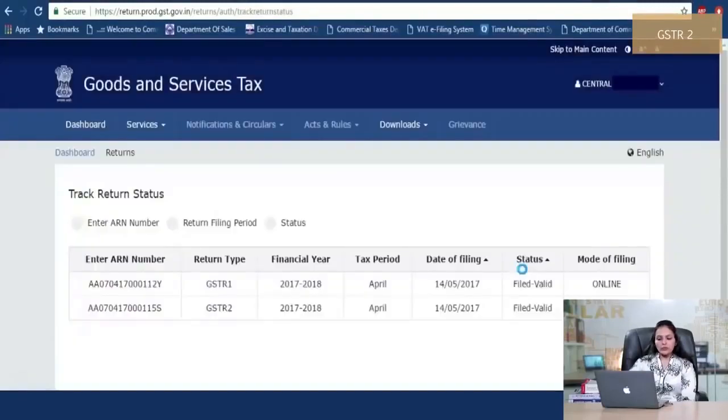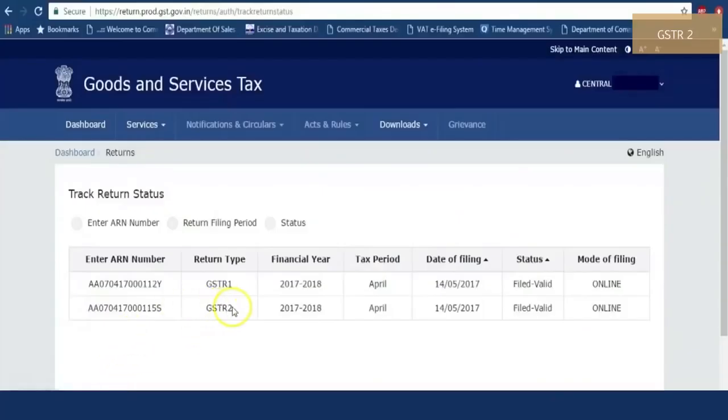Now go back to the home page, click on the Services tab, then the Returns tab. Thereafter, click on the Track Return Status to view the status of GSTR 2 filed. See, the status of GSTR 2 is coming as filed, valid, and the mode of filing is online. Now that you have filed GSTR 1 and GSTR 2,